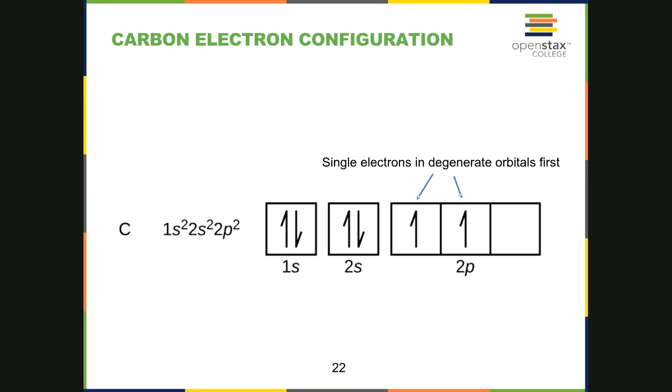Again, when you get one more electron in the 2p, you can't put it in the same box. The reason why is that electrons have a negative charge. That charge is going to be repelled. They're going to want to avoid each other. And so the best way to do that is to put one electron in one of these orbitals and one